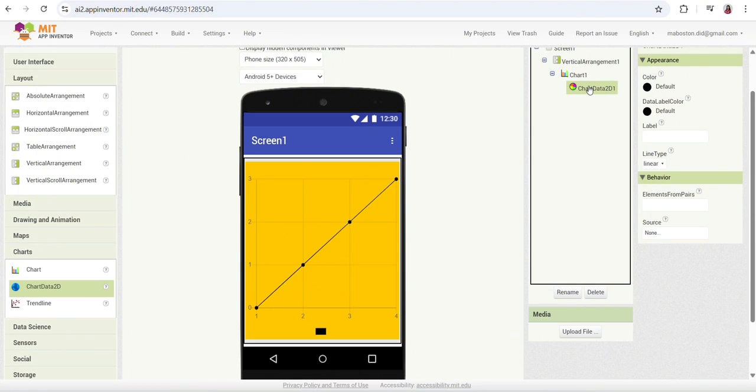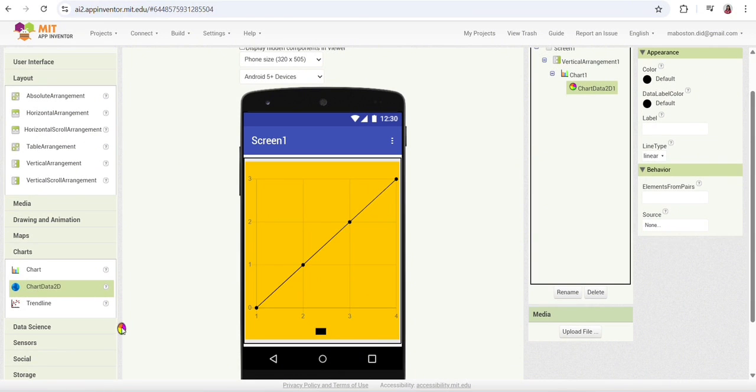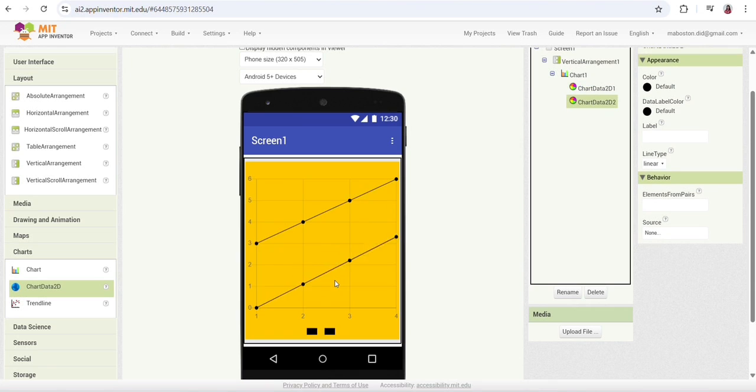This is very important in your chart, because if you want to have another set of data, you have to drag another Chart Data 2D under your chart component.